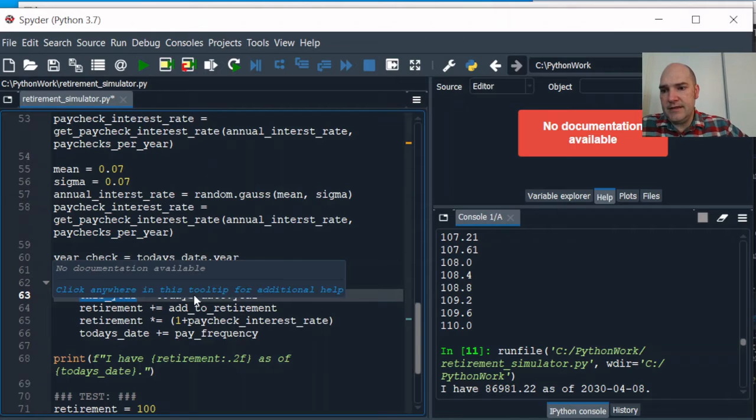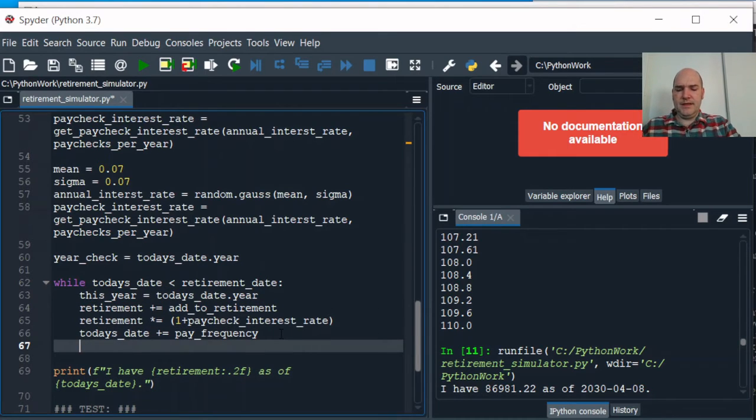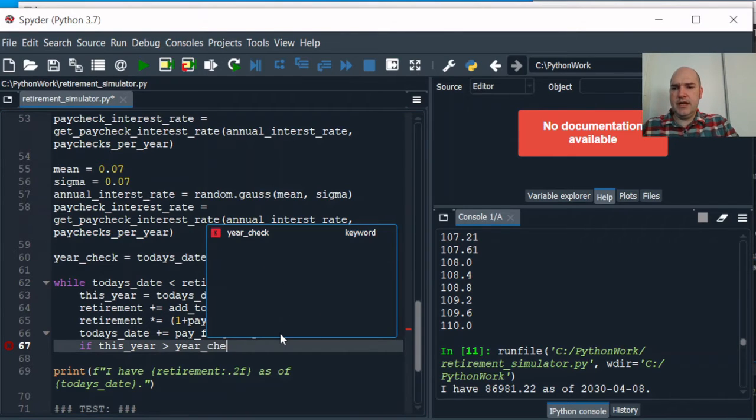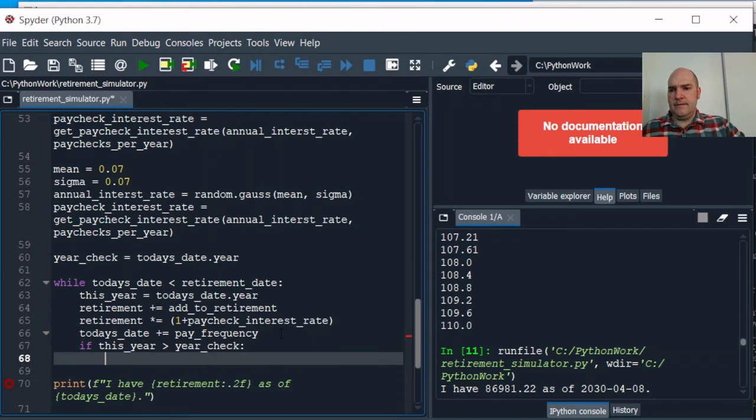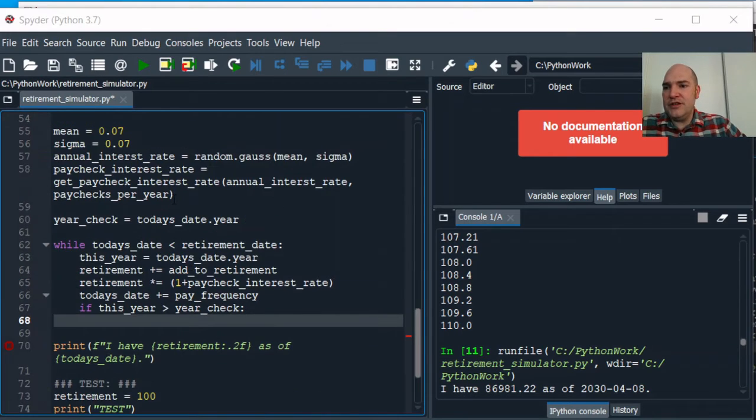Then we define this year at the top of our loop, and so then we want to, after we do today's date plus equals pay frequency, say if this underscore year is greater than year underscore check, then that's when we want to do this